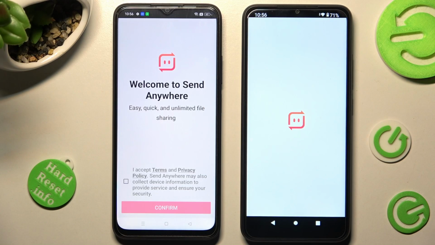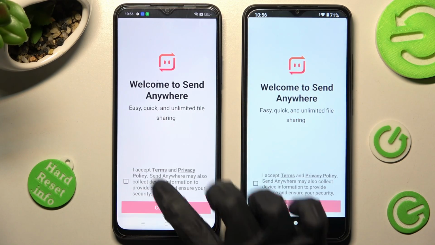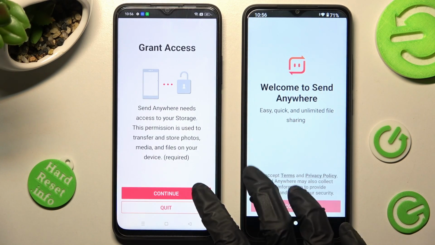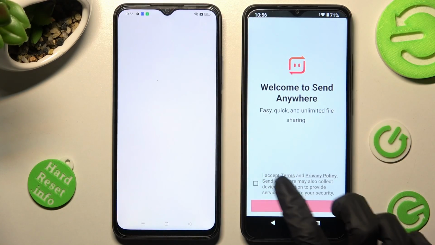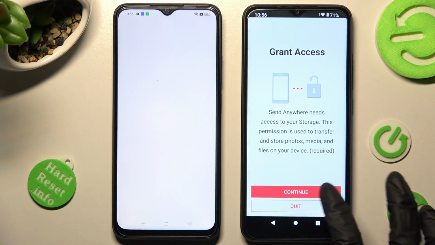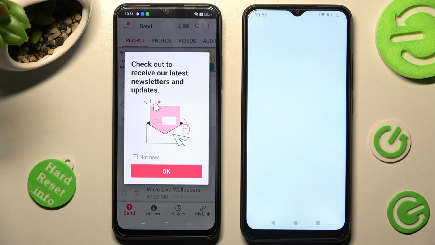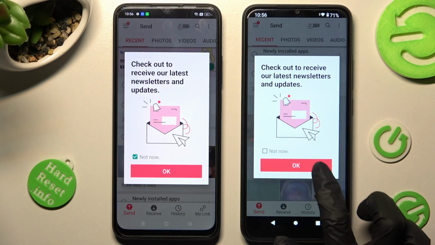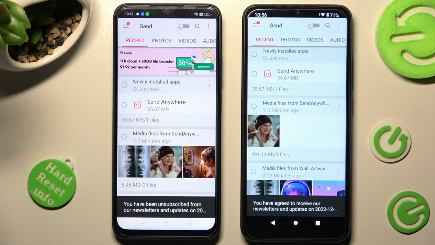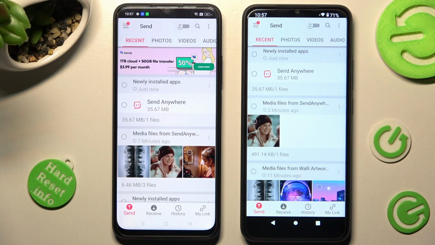Now, in order to use this app, you need to choose I accept, confirm, continue and allow. Then, in this pop-up, you can choose Not Now if you wish to and close it by selecting OK. Finally, you can choose Send on OPPO at the bottom left corner if it's not already on and Receive over